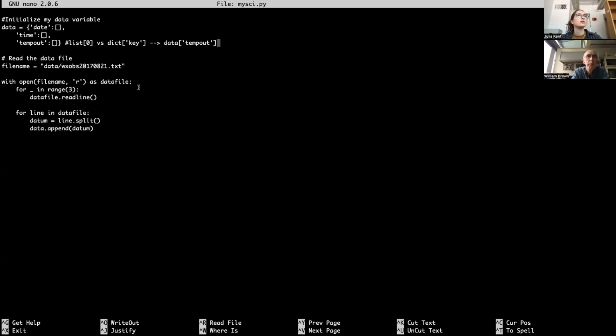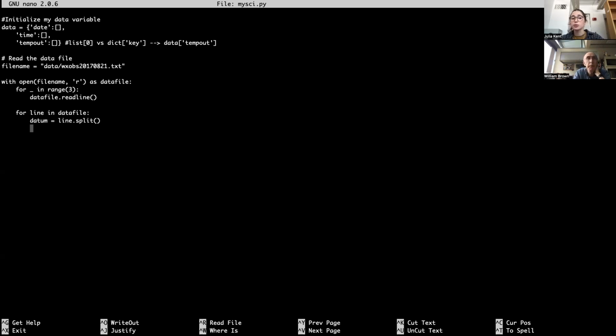And then we're going to go down in our code here. I'll leave this comment at least for now so people have time to look at that. Here, instead of appending just data, I'm going to go ahead and delete this line. You can do that with Control K for those of you who want to know. And then we're going to indent 8 spaces in line with datum. And we are going to